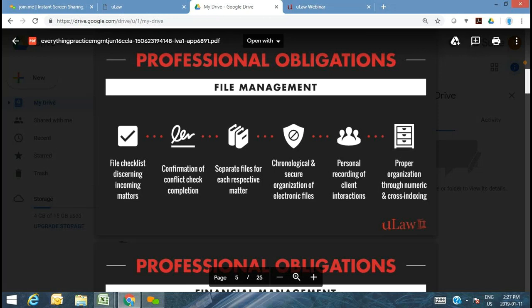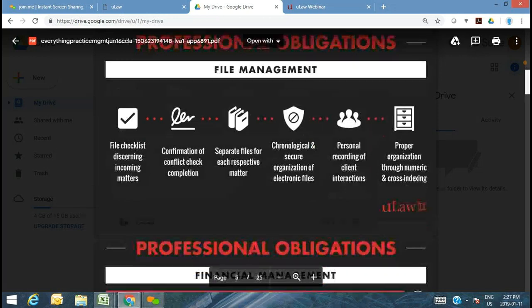Part of the file management, make it easy, obligation is, again, being able to record client interactions, email, phone calls, in-person meetings, etc. And we spoke about the need for proper organization of these files so that it's easy and faster to retrieve, as well as going to give you the right tools to do your conflict screening and be very confident, because that's really the first fundamental step.